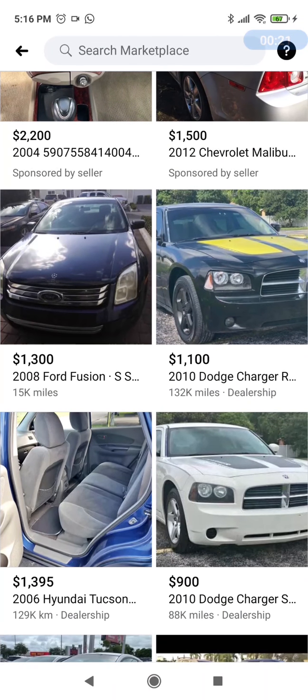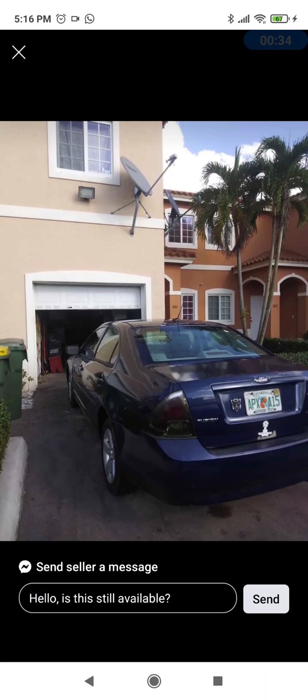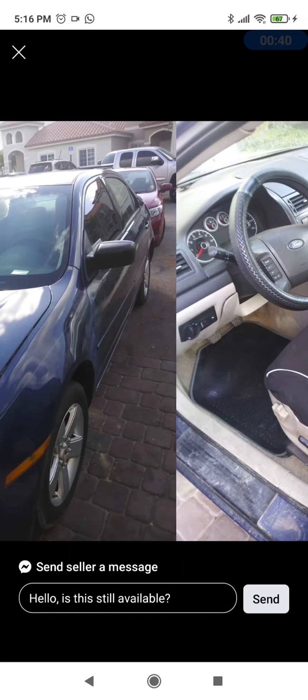Okay, right away, I'm seeing this 2008 Ford Fusion for $1,300. Why do I like these cars? Because they are basically a Mazda 6, and I have one. Let's look at the big picture. I'm liking this vehicle already. It's a nice color. I like the darker colors, the blues. I will do a silver, but